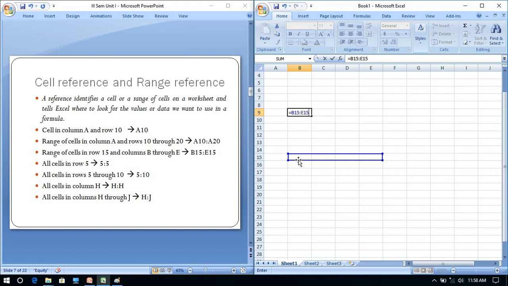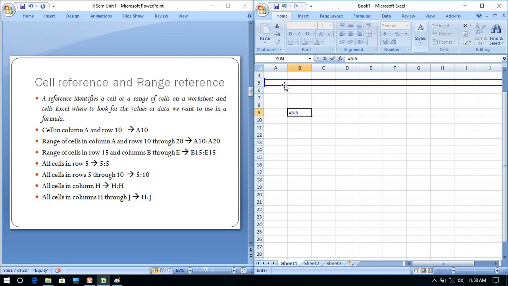Like this, column wise, row wise, you can group the cells. Next, all the cells in row 5. I will show you that. All the cells in row 5, that means 5 colon 5. So it will select the entire row.